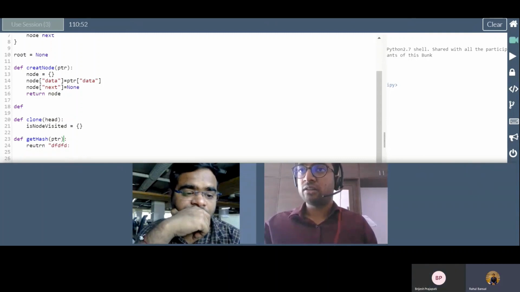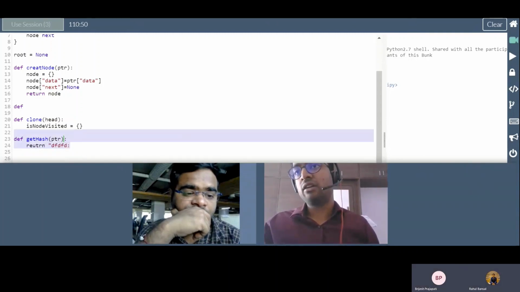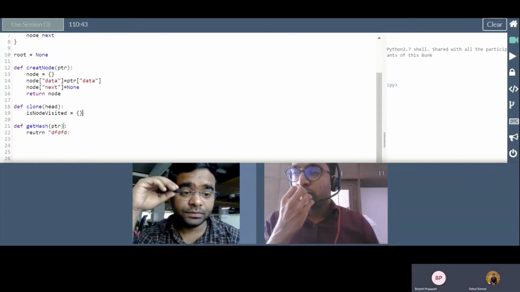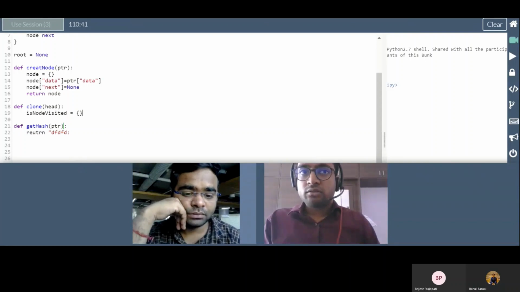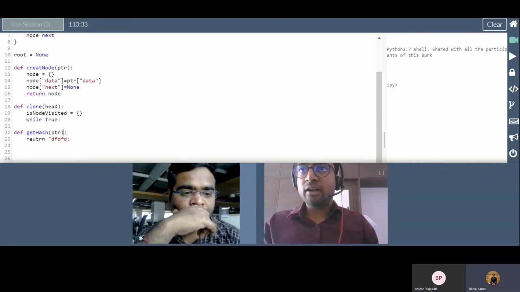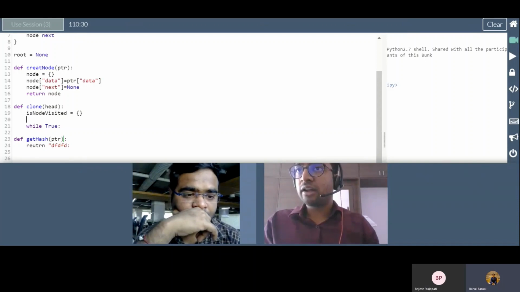Right now, I will write the logic for get hash later on. Let's just focus on the clone part first. So the clone function: while true. So I'm entering a loop. First of all, I will create